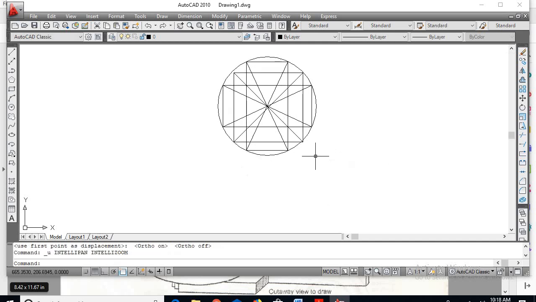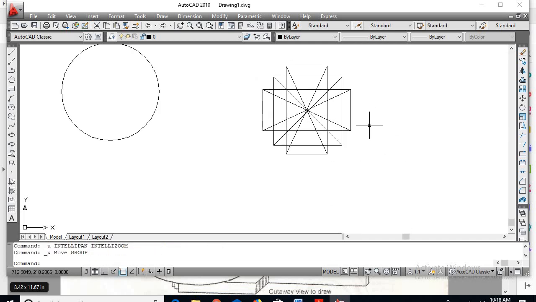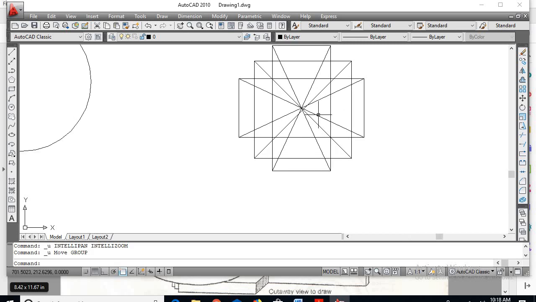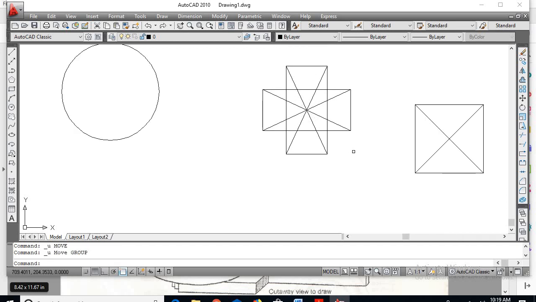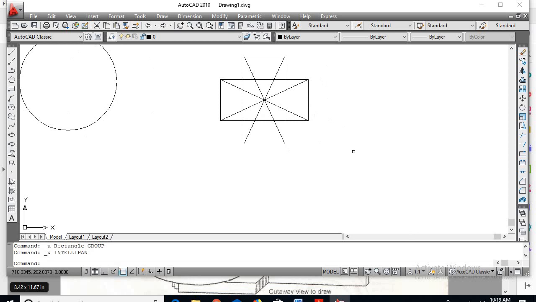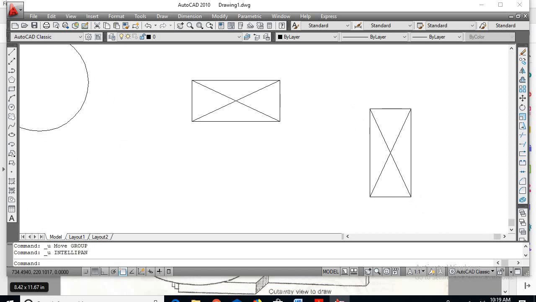Okay, I'll go for Ctrl Z. Okay, now I'll go for move command.